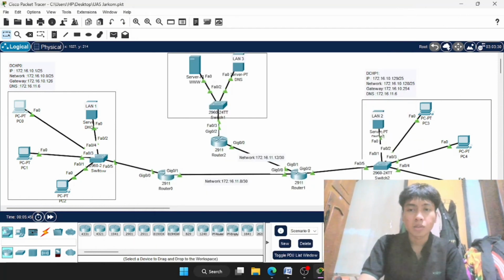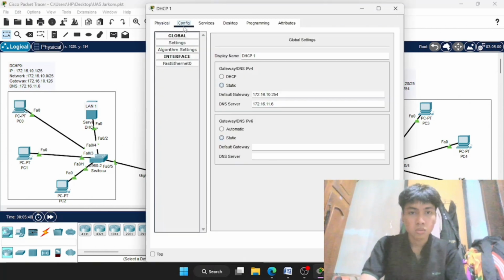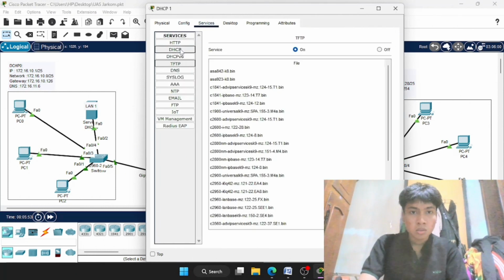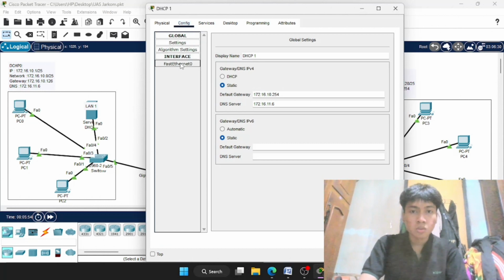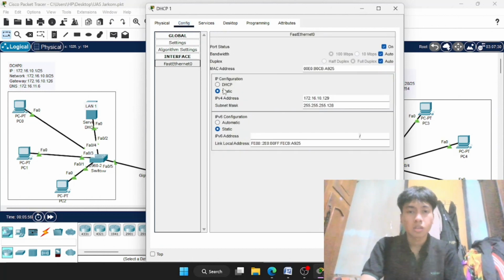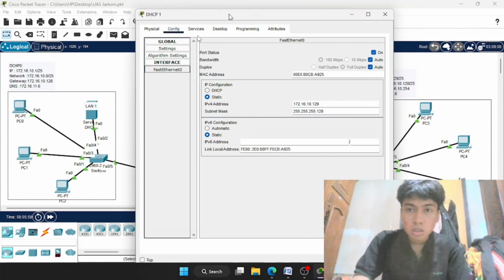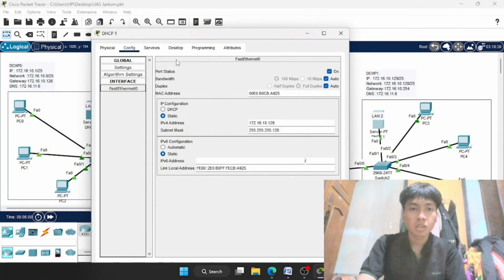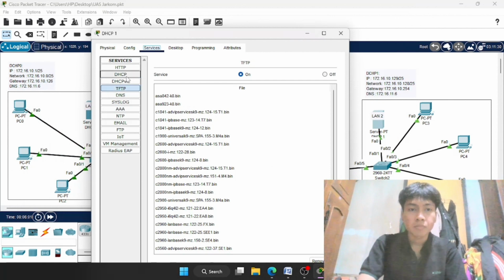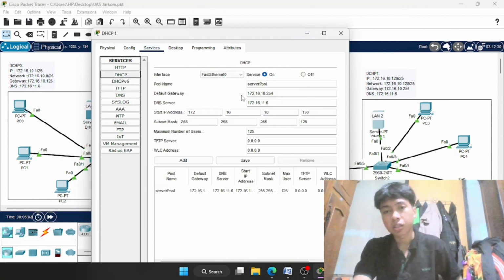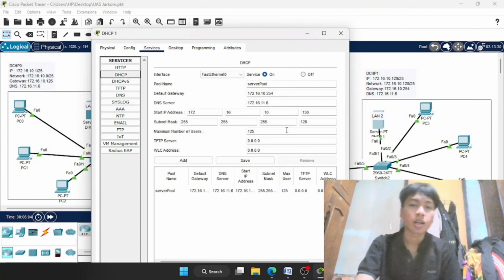Also in LAN number 2, also using DHCP. Oh sorry, this is the DHCP server, it does not use DHCP, but it gives DHCP. This is the setting of LAN 2 for the DHCP.